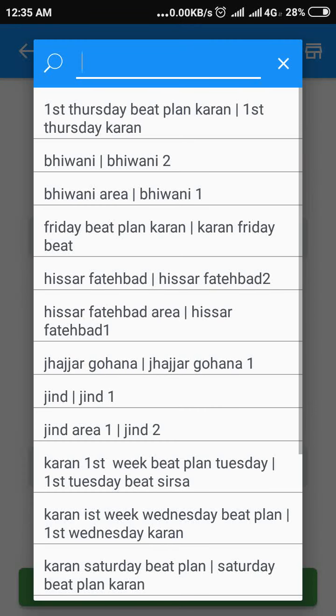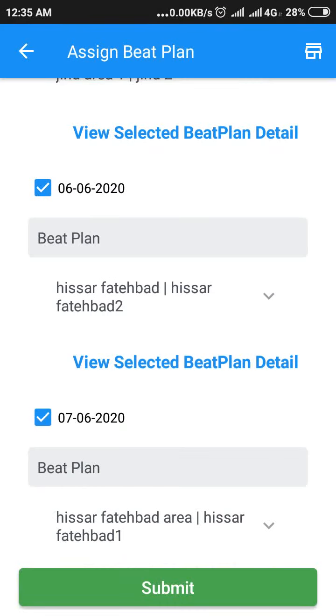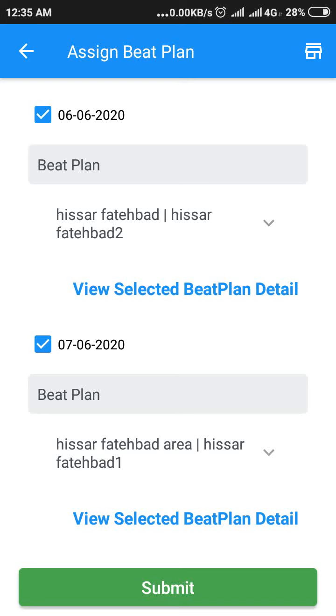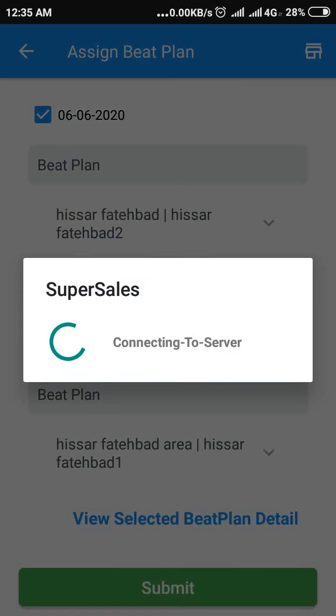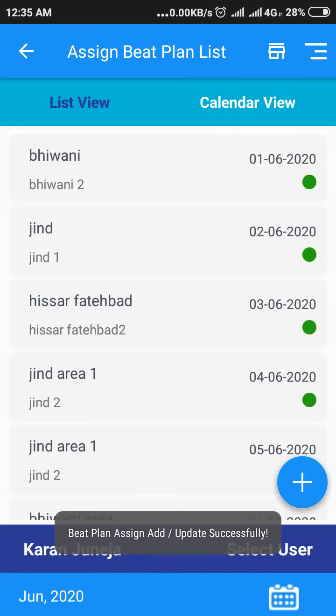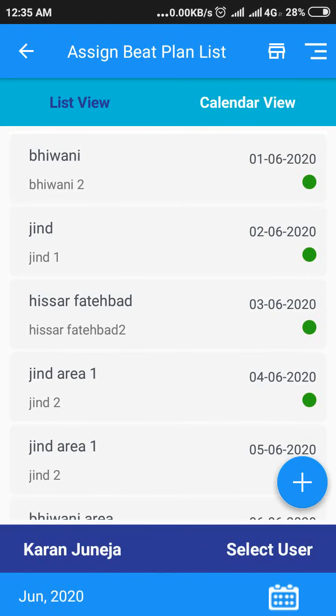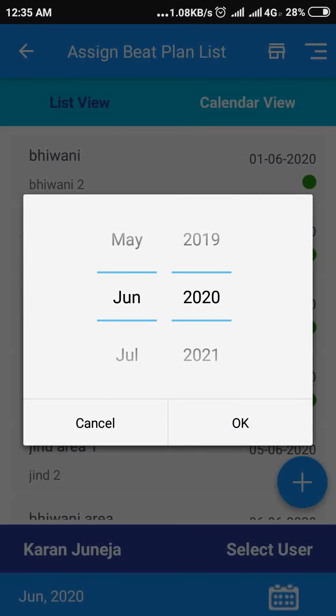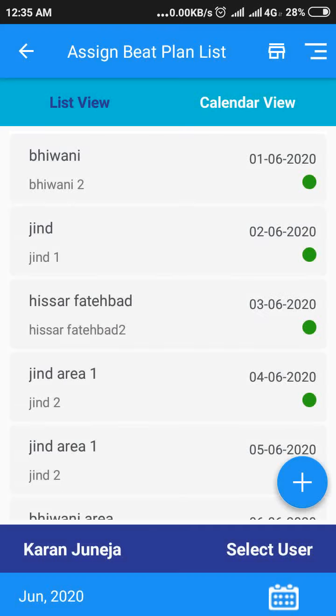So you select what beat you are going to take for each of the 7 days of the week or 30 days of the month, and you submit. So moment you do that, in your date wise calendar these beats will come, where when you open your sales plan for the day, the list of all the retailers for that beat would appear.